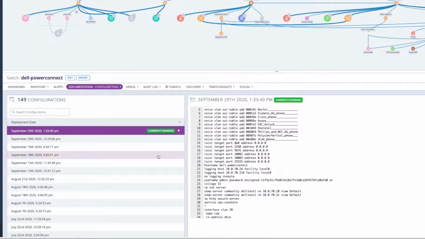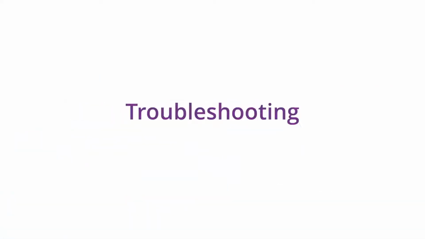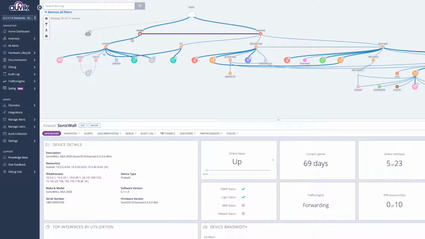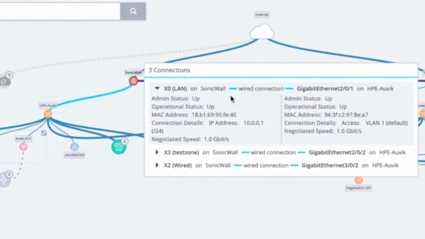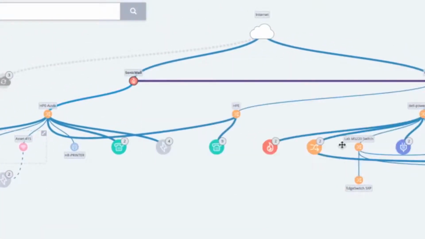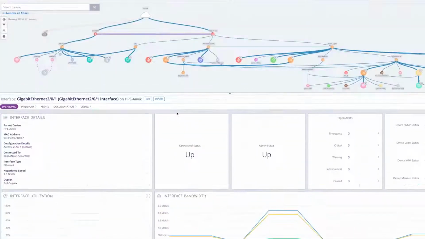And because everything is automated, it takes no technician time to do it. Another place Auvik can save you a ton of time is troubleshooting, especially remote troubleshooting, so you can really cut down on unscheduled on-site visits. Starting at the map, you can quickly zero in on devices, interfaces, whatever you need to see to kickstart your